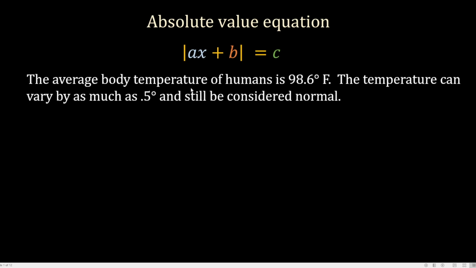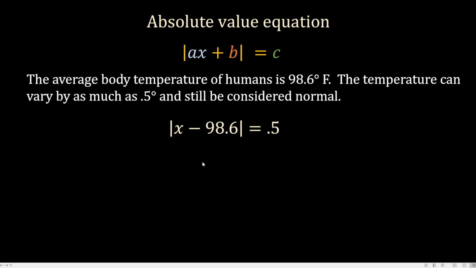The average body temperature of humans is 98.6 degrees Fahrenheit. The temperature can vary as much as 0.5 degrees and still be considered normal. If we write an absolute value equation for this scenario, it looks like absolute value of x minus 98.6 equal